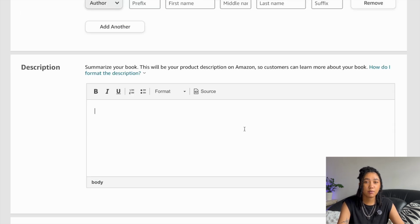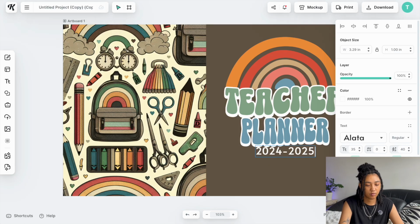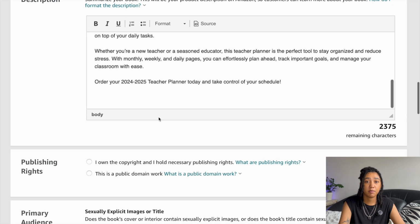And for the description, I'm going to do the same thing I did last time and go over to ChatGPT and ask it to generate a description for me. Okay, so I just went ahead and put in my ChatGPT generated description. And I'm realizing that I think on my designs, I put 2023 to 2024 instead of 2024 to 2025. So I'm going to go ahead and fix that. Okay, now that I fixed that and I have my description, I can scroll down here, the publishing rights,